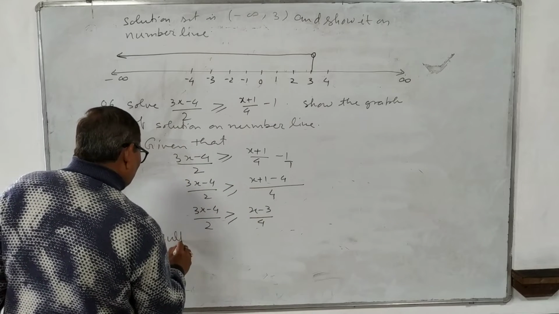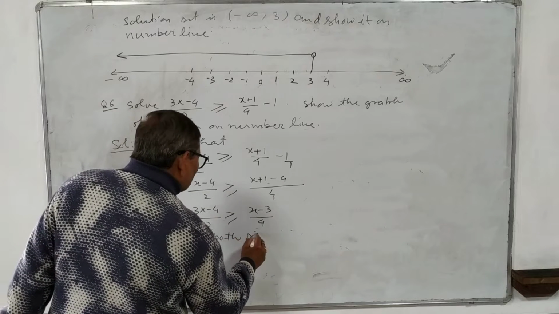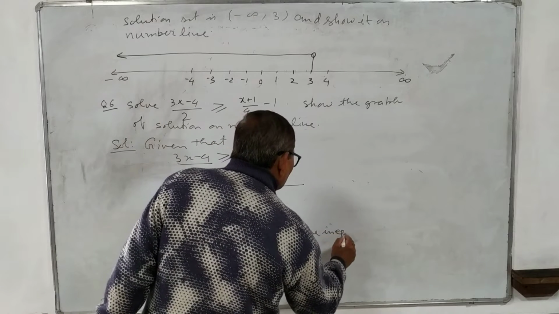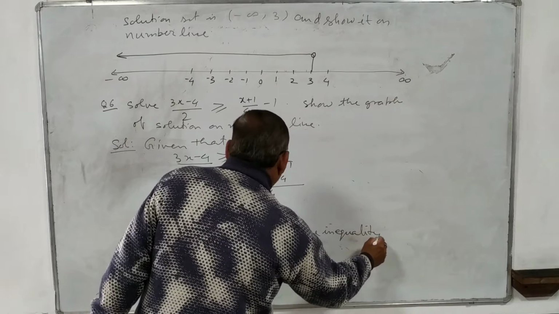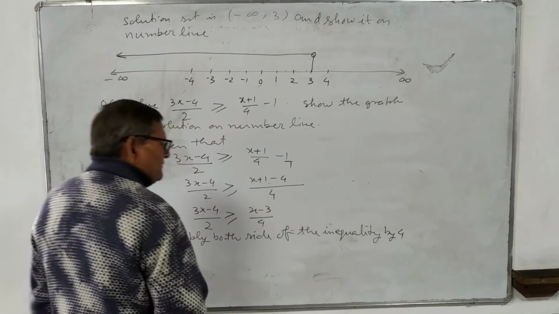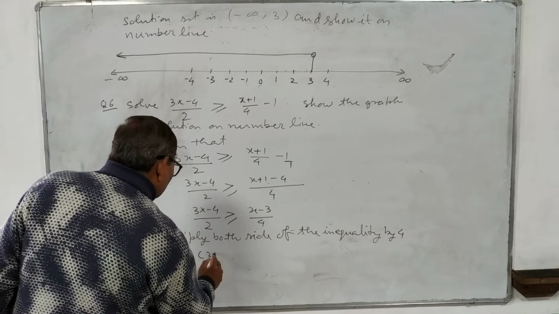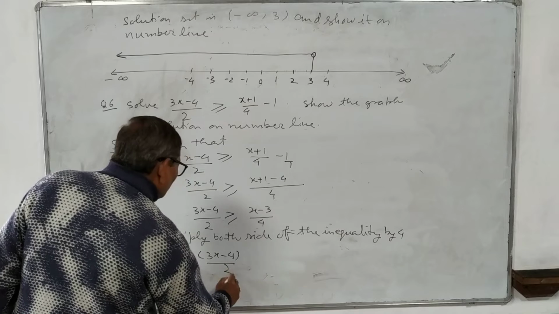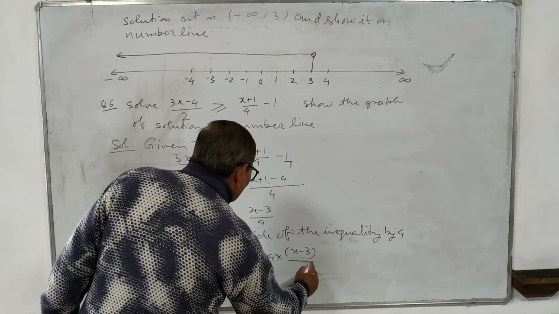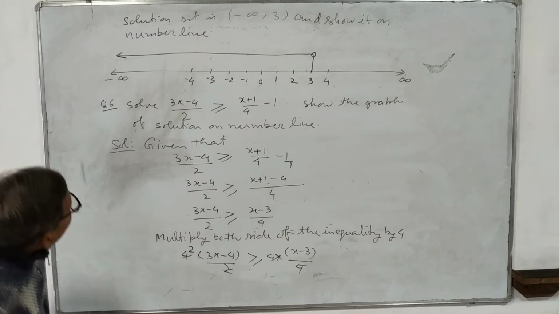Multiply both sides of the inequality by 4. Since 4 is a positive number, therefore the sign of the inequality is unchanged. So 4 multiplied by 3x minus 4 by 2 is greater than or equal to 4 multiplied by x minus 3 by 4. This 4 and this 4 will be cancelled. 2 is 4. So now